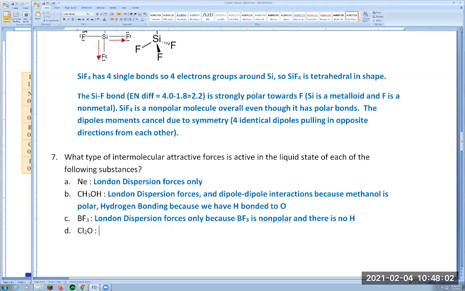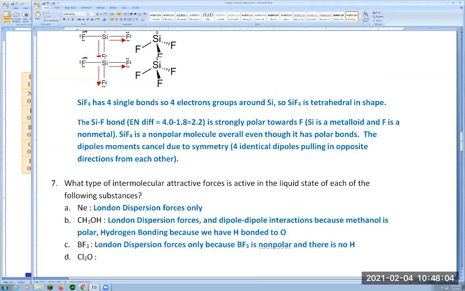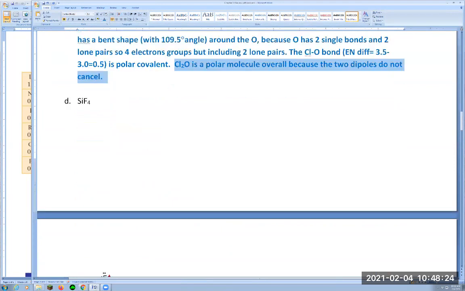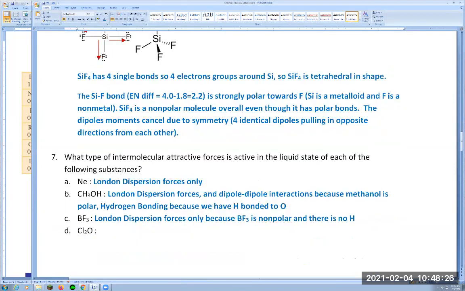And now Cl2O. We just did it above here. Cl2O, we decided, has a bent shape, and it's polar overall, right? Cl2O is polar overall because the two dipoles do not cancel. They do not cancel because the molecule is bent. So we do have a dipole here. So we can write already that we have London dispersion forces and dipole-dipole interactions because